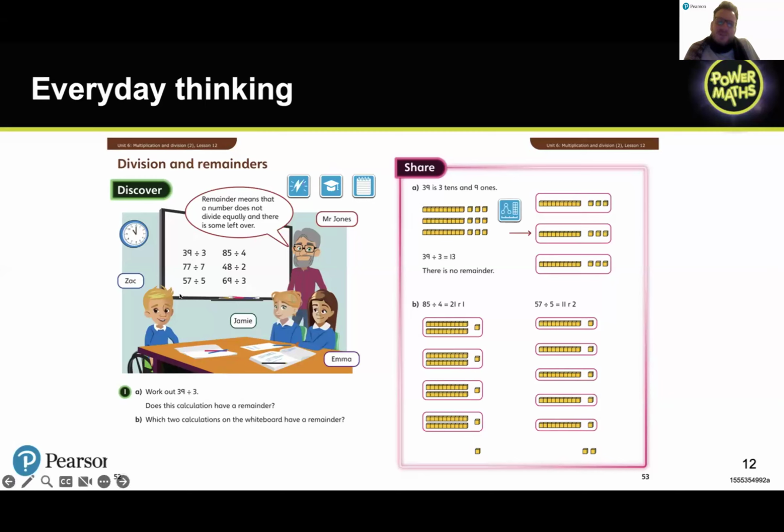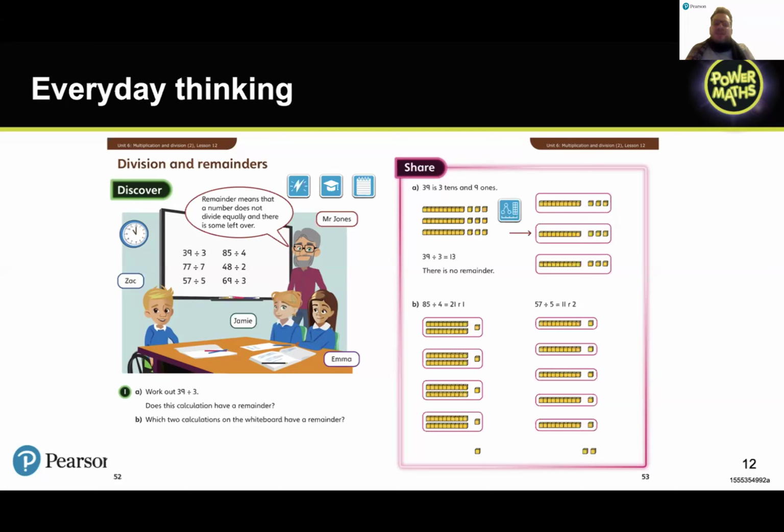Next, once I'm sure that the children have understood that the word says remainder and that they remember learning about remainders in previous years, we then might look at 1A and it says, work out 39 divided by 3. Does this calculation have a remainder? As a teacher, what I want my children to say first of all is,